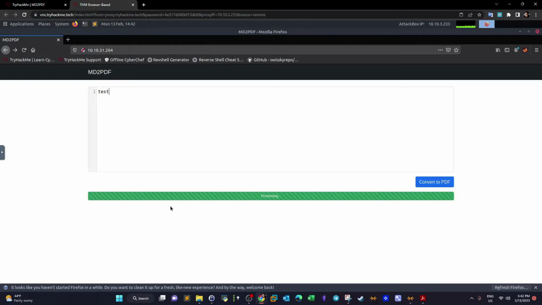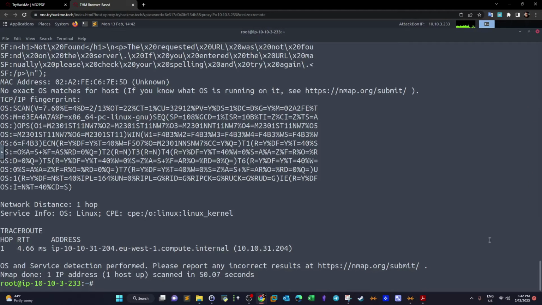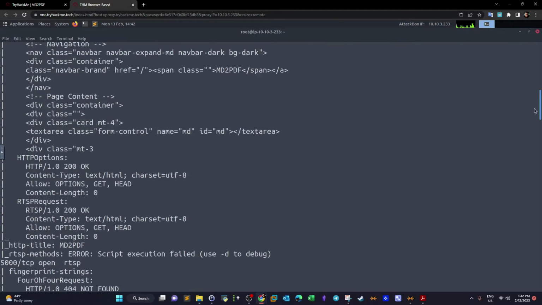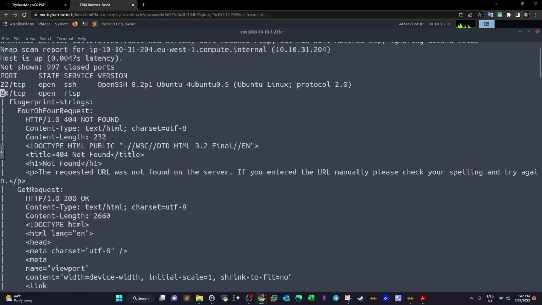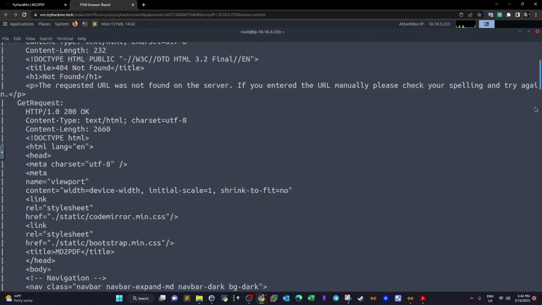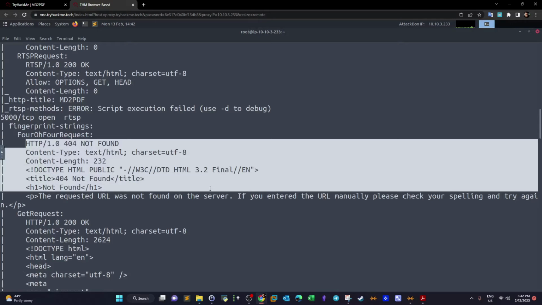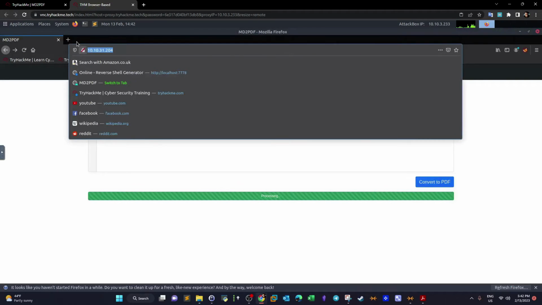Okay, if you scan the machine with Nmap, let me go to the Nmap scan. There are more than 2 open ports, so we have got 80 and 22. If we scroll down, as you can see, we have got 5000. There is another open port running on the machine, and it appears to be running an HTTP server. So if we try to access that service on a different tab,